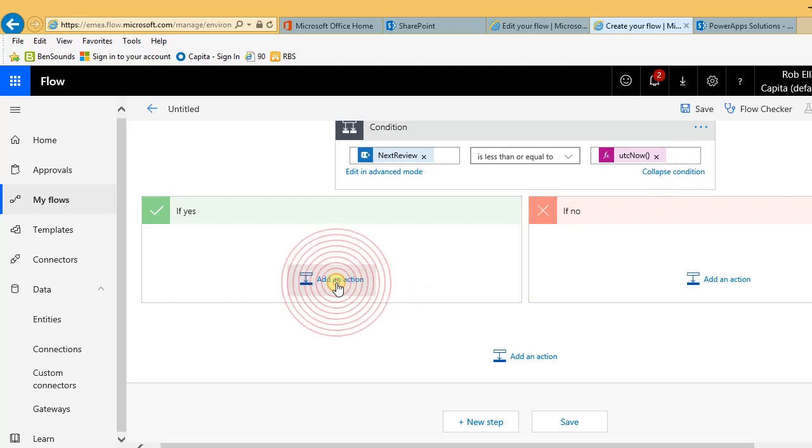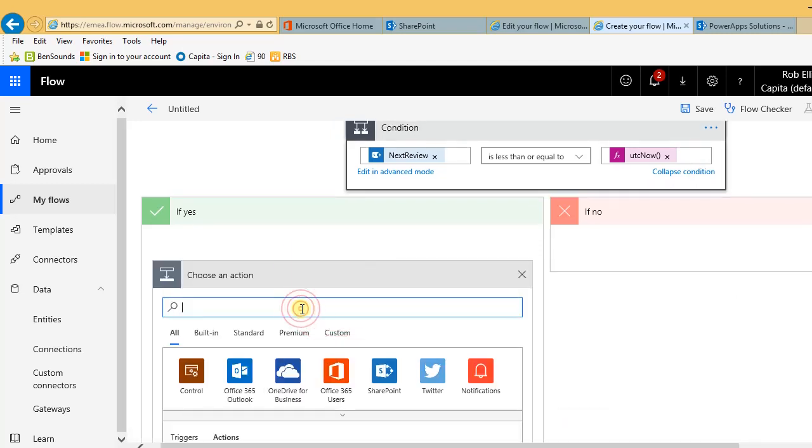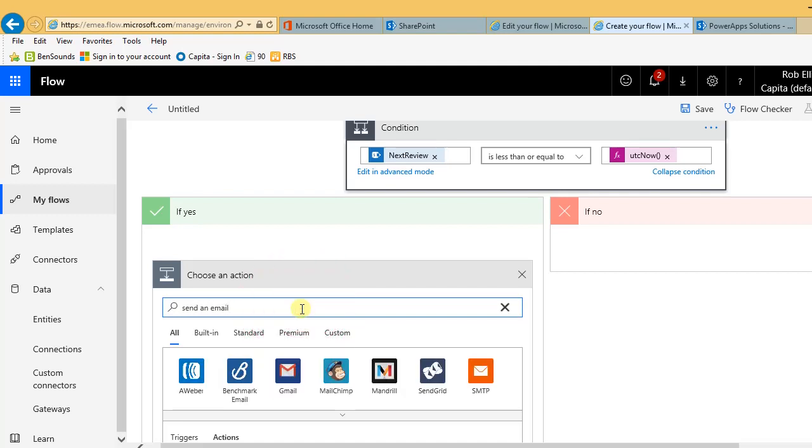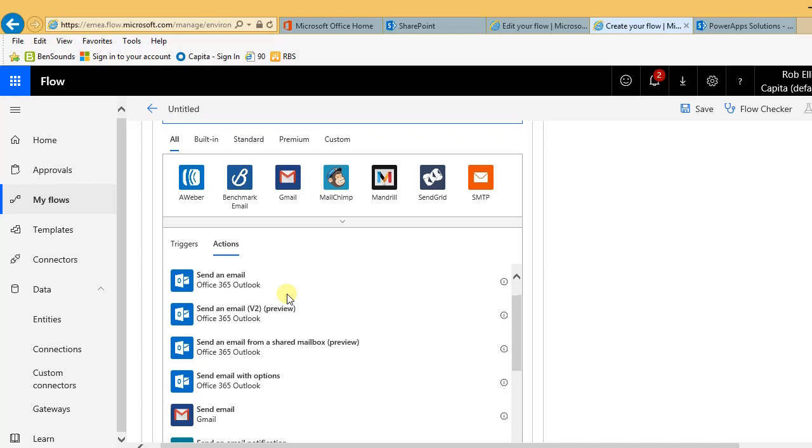So click on Add an Action, and in the box we want to send an email. Now you get several options for Office 365 Outlook here, which is the one we want. We could use the first one, send an email, but to make it look good we then need to add lots of HTML tags to it. Microsoft have now brought out a new version 2 which does it all for you. It shows that it's in preview, which means they're still adding features, but it works fine. So we will click that,